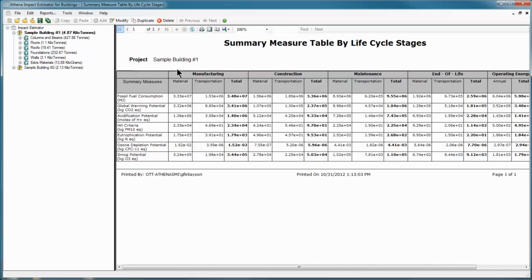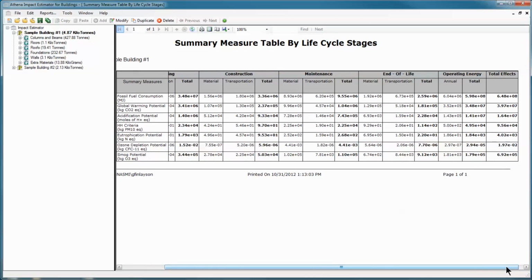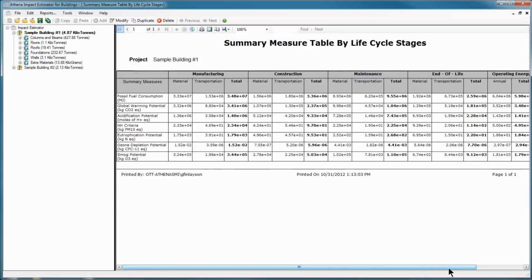And here we have our summary measures. Here on the left, these are the 7 summary measures that we present. It's divided by life cycle stage, manufacturing stage. Each stage is divided into material and transportation effects in a total column. And we have the manufacturing, construction, maintenance, end of life, and operating energy stages, as well as the total effects on the left of that table. I'm going to close this here,